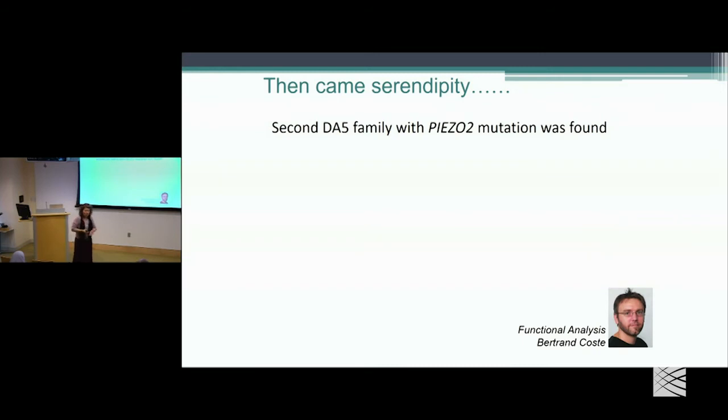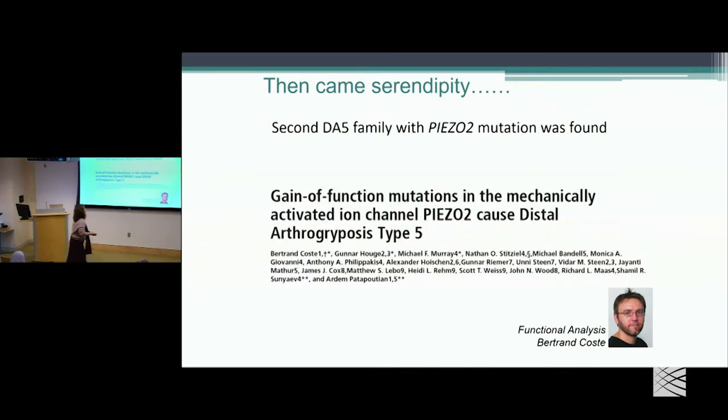He said, sure, happy to collaborate. Then a week later, a group in Canada called him up and said, hey, we see you're the only person in the world who studies this gene. Could you put our variant into your system, because we found this de novo variant in this family with distal arthrogryposis type 5? Woo! That was the evidence that led us to bring that story together and led to the publication of